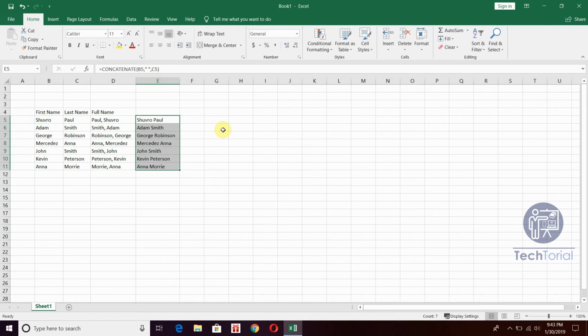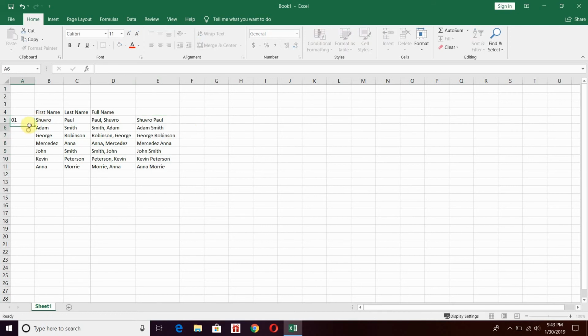Now there is one more thing: if you want to add something with that, like some words or some numbers, for example 0 1 2 3 4 5 6 7, you can use that. So if you want to add the number with the names, like